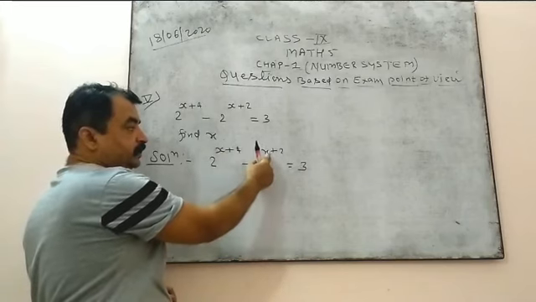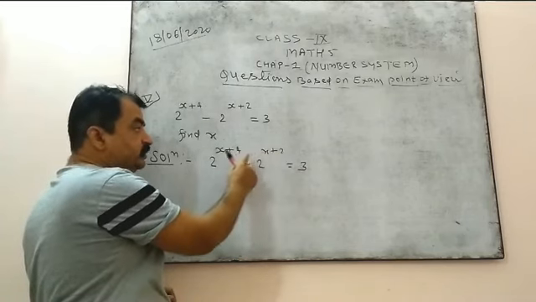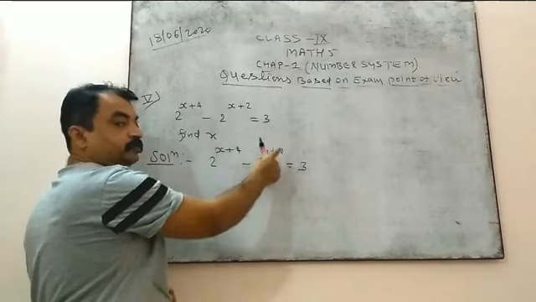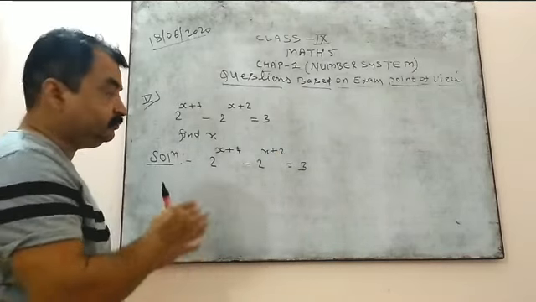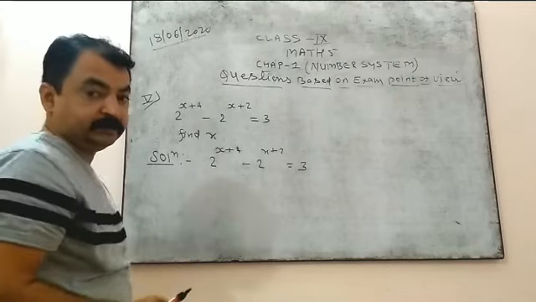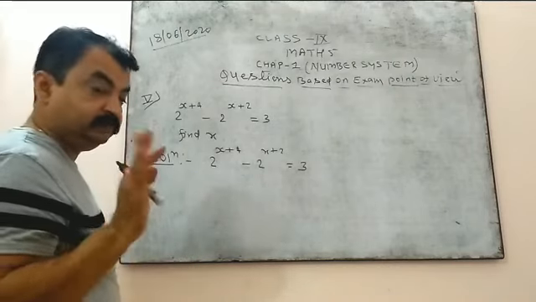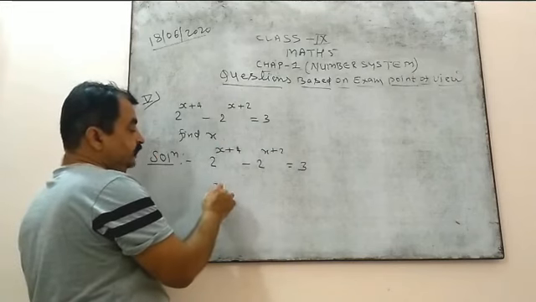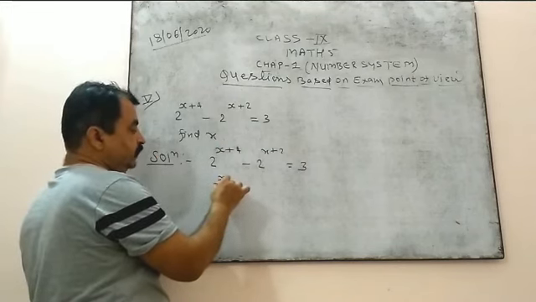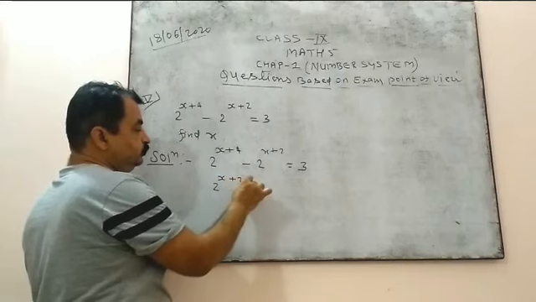See the second part, it is x plus 2. So can we convert this 4 into the form of 2? Because we have to compare the value from LHS to RHS. This we bring to the RHS also. Then only we get the value of x. Can you? Yes. So we can write here 2 raised to the power x plus 2 plus 2.